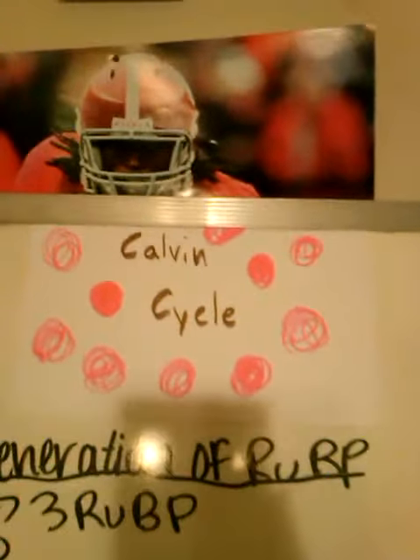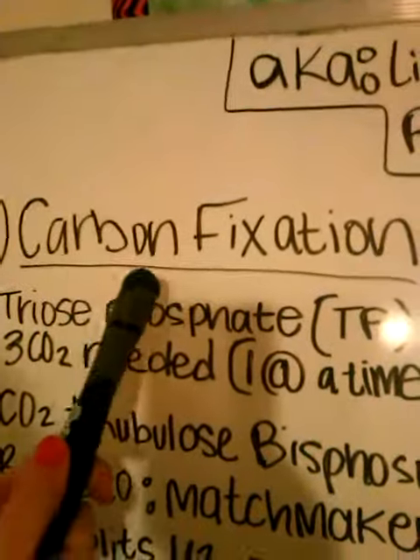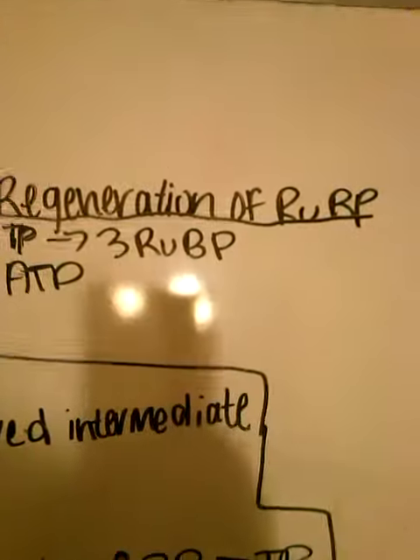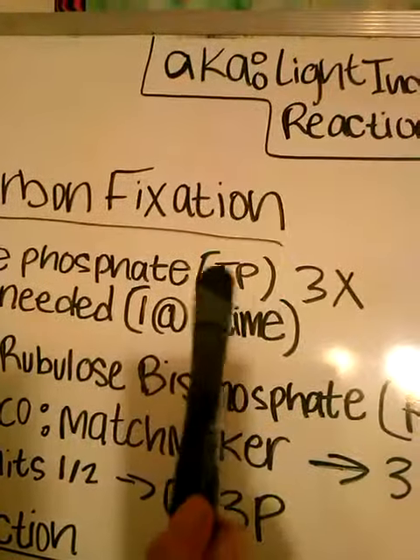Okay. It's the carbon cycle. Woo! And now that we have said it's the carbon cycle, aka light independent reactions. Explain. Alright, so there's 3 stages within the Calvin cycle, and that is carbon fixation, reduction, and the regeneration of RUBP. Yay! Alright, so what we begin with is this thing called triose phosphate, also known as TP, or toilet